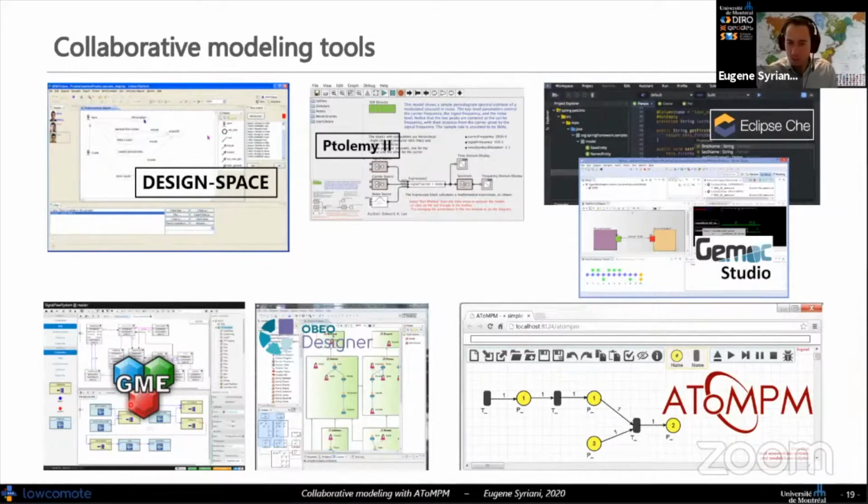I mentioned it briefly before: Obeo Designer allows for multi-view and multi-user support, but they enforce locking, and they have made some interesting choices in the locking. For example, you can decide to lock the concrete syntax, or the whole model, the whole view, or single elements. So this is more a locking system. And the last one here is AToMPM, which I will talk about in this second part of the talk.